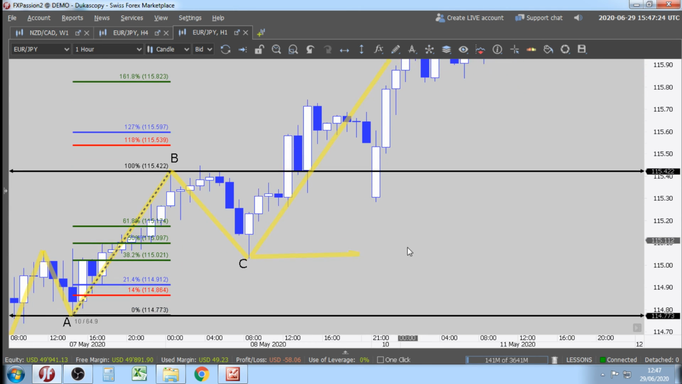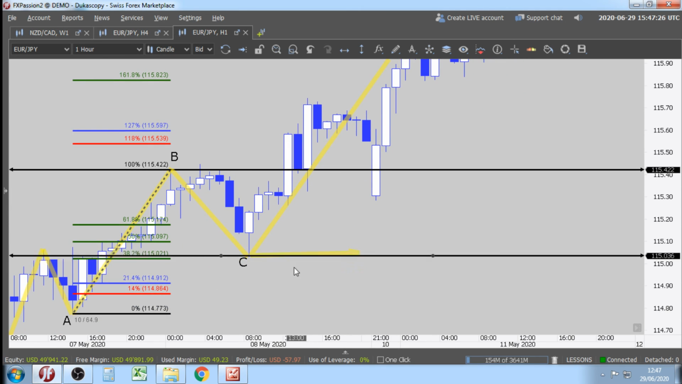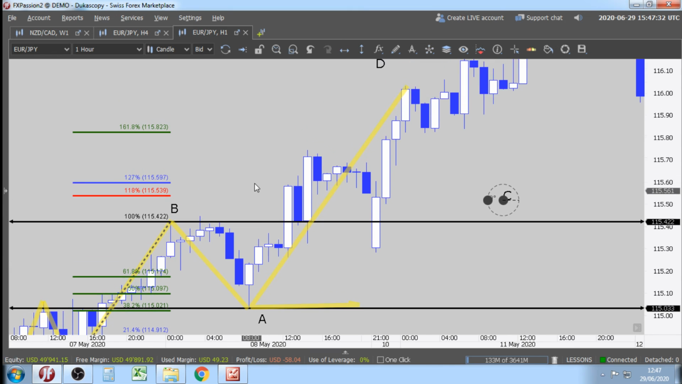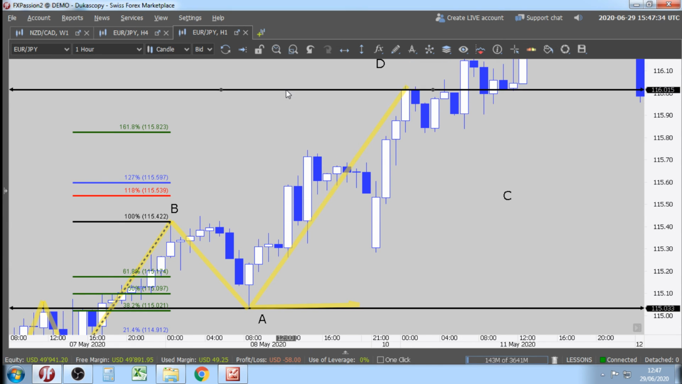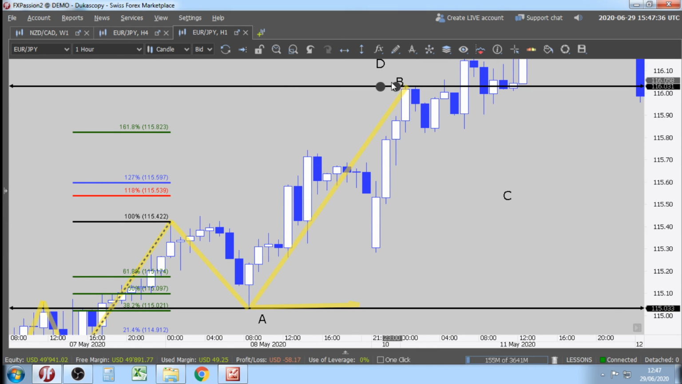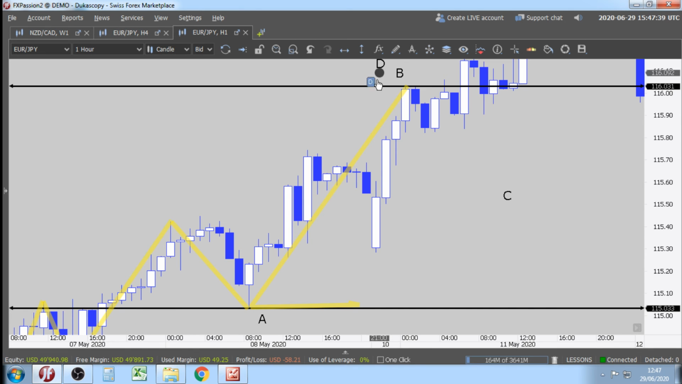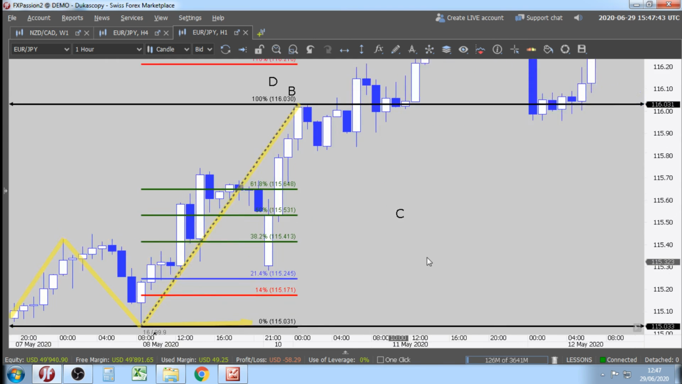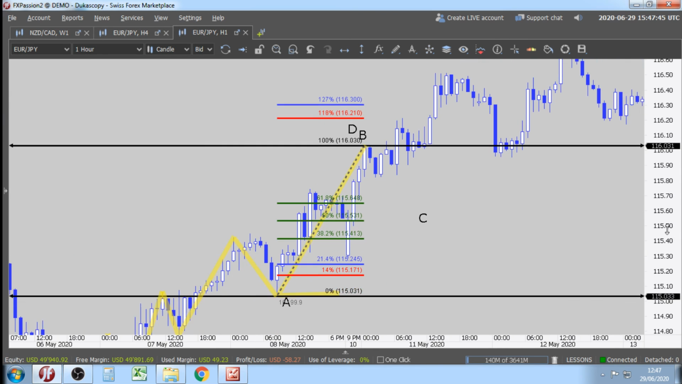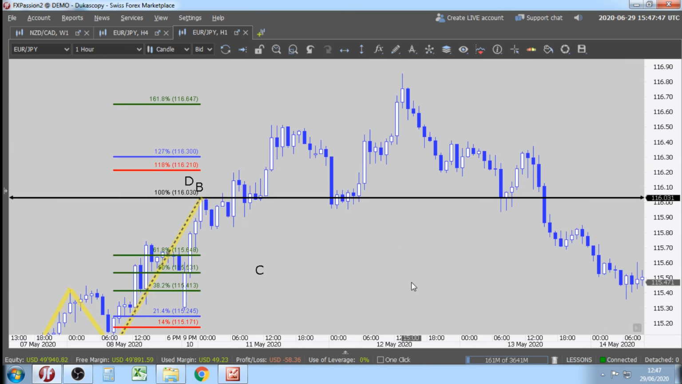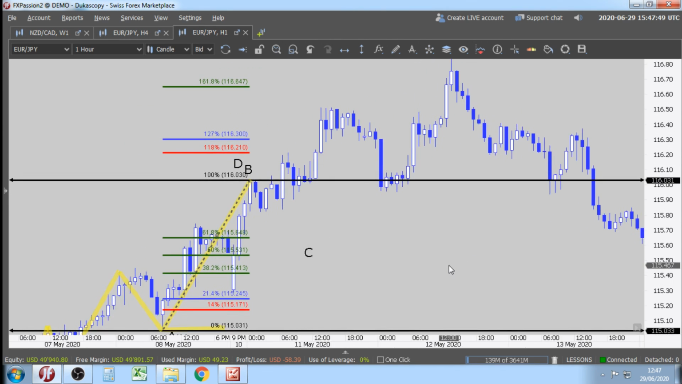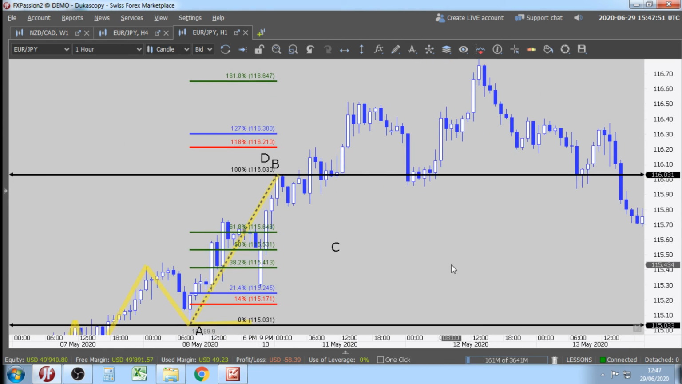And whoops. A goes to C. Right? Horizontal line. There you go. B goes to D. Delete the Fibonacci. Extend the tool. Compress the chart to see. Okay, so we are here right now, right? Now,